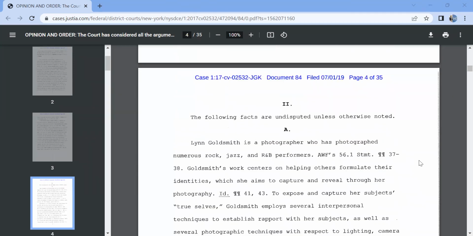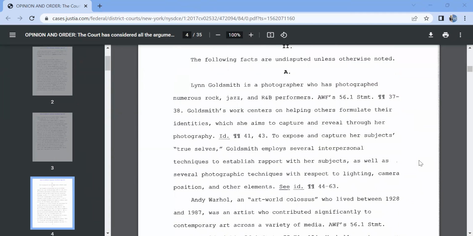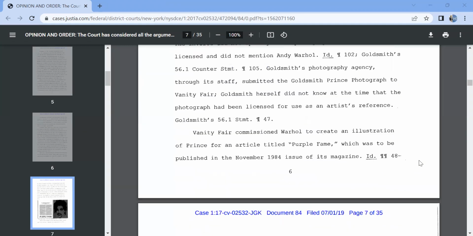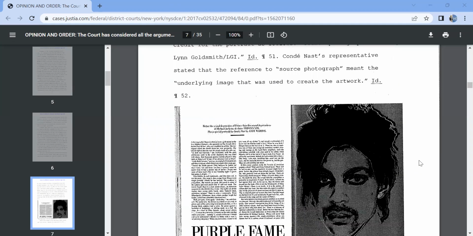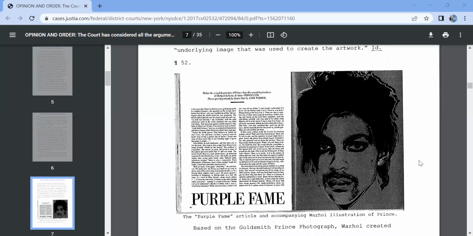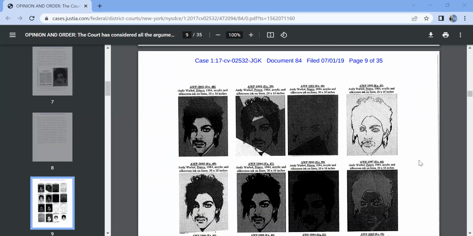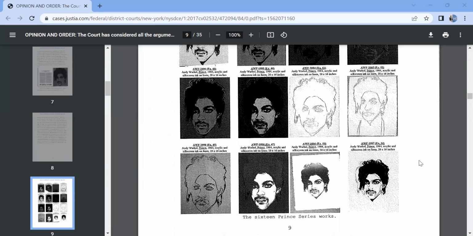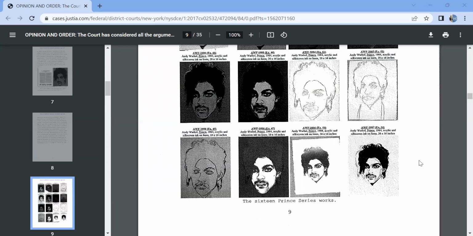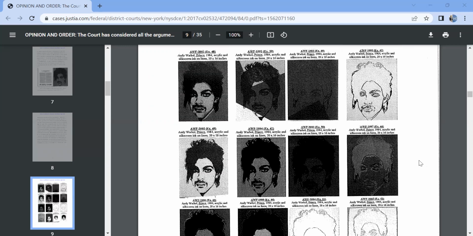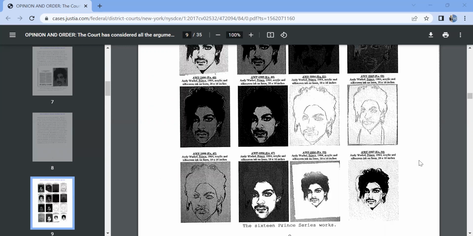So then the court cites much information. Basically, this is the paper, the Purple Fame article accompanied by Warhol's illustration in print. And this one is the 16-print series of works, where they just imitate and change the color of the face